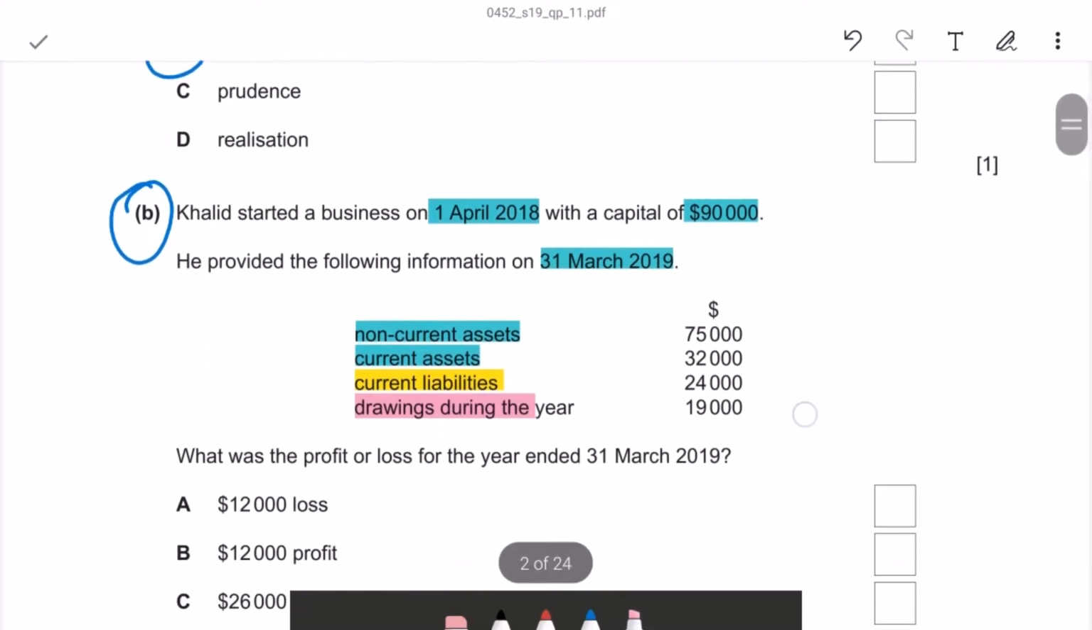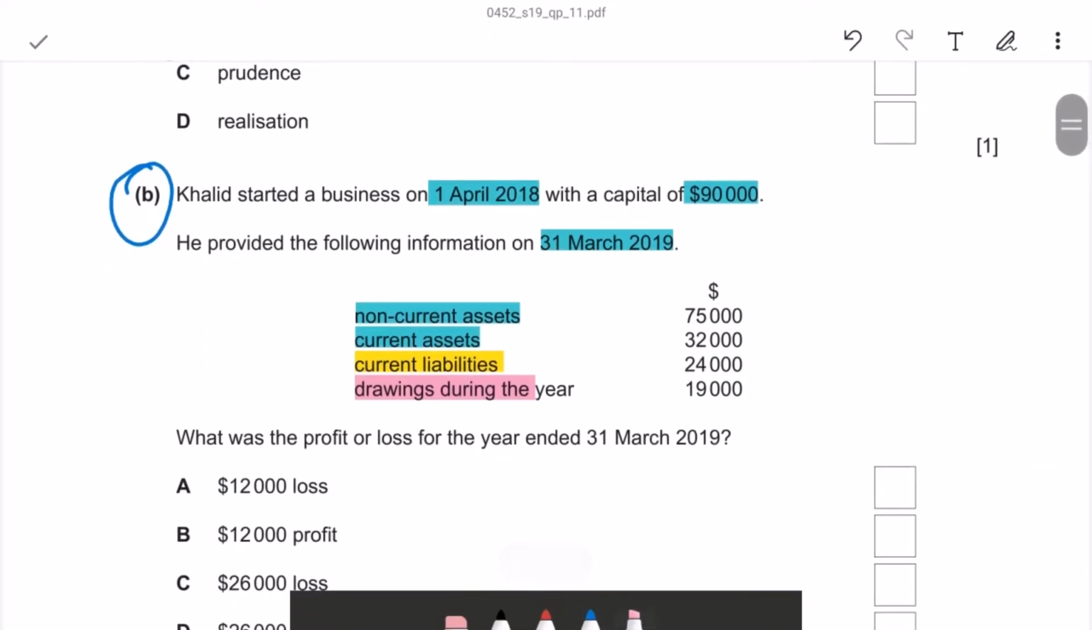So these are the details of the closing balances given. So what is the question? What was the profit or loss for the year ended 31st March 2019? In this question, they have given the opening balance of capital and closing balances of assets and liabilities including drawing. So we have to find the profit or loss for the year. What is the equation to calculate the profit? Profit is equal to